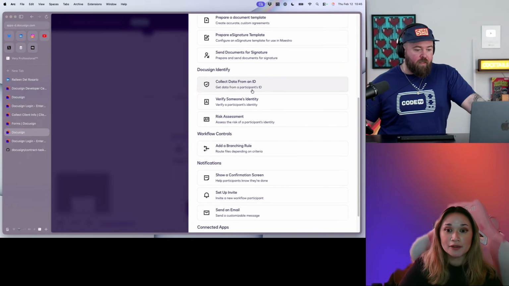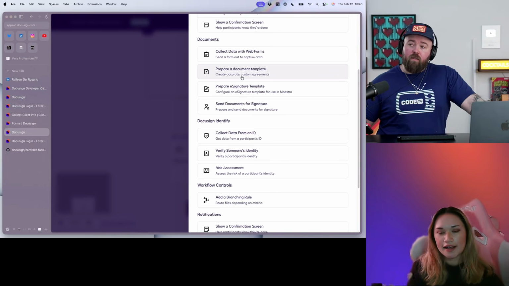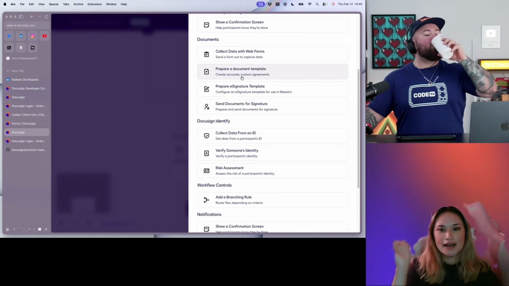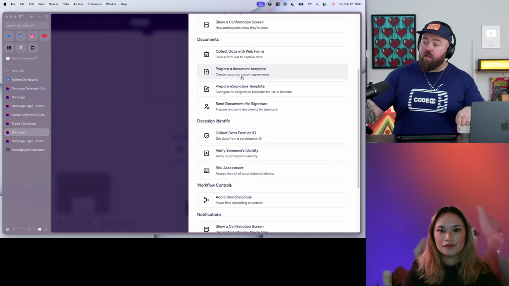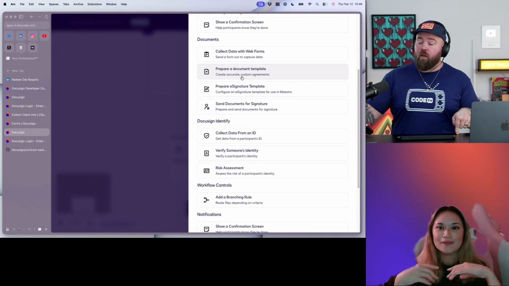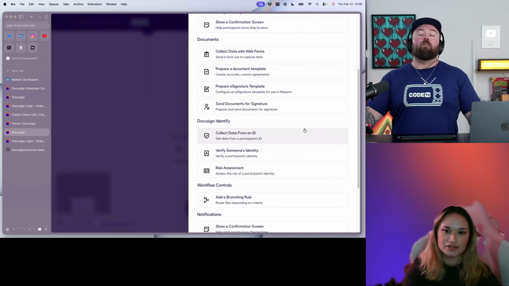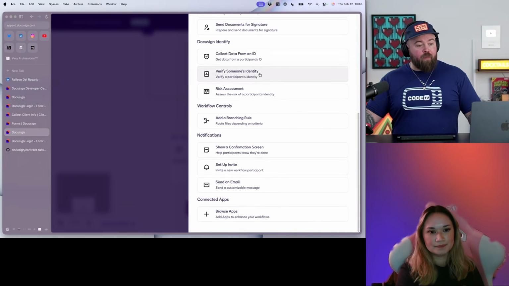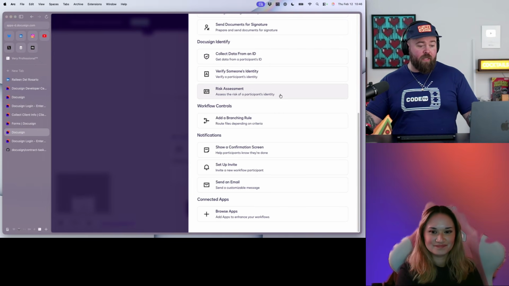So I just have to get that set up properly. I want to point out real quick this prepare a document template. That is probably my favorite step because you can take a docx contract and just use brackets with the same API reference name for the field, like client name. In the Word doc? Yeah, and that's your standard template. It pulls that, customizes it per client, and sends it for signature. It's super handy, really useful. Okay, and if we need ID verification, we can do that. That's pretty dang cool.